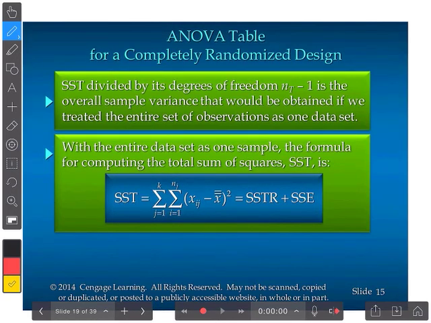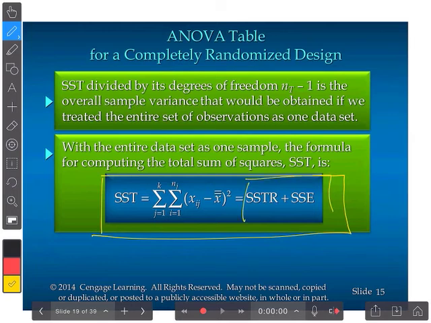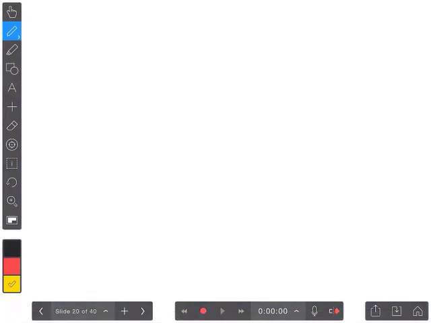Sometimes we need the total sum of squares. The total sum of squares is this formula right here, which, as we said, is broken up into the sum of squares due to treatments and the sum of squares due to the error. Even though this formula looks strange, we already know what it is. The total sum of squares is basically obtained by pretending that all of the data is a single sample. So if we took all of the values that we had,